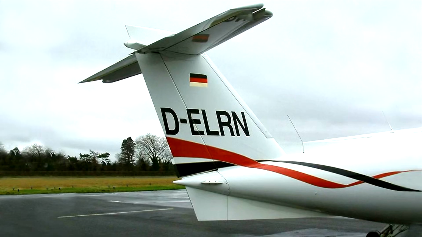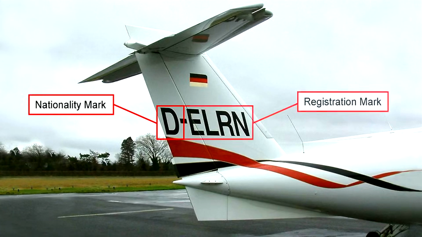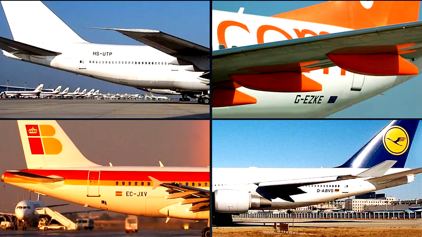It was decided that the nationality and registration marks would consist of a group of characters, with the nationality mark followed by a hyphen if the first character of the registration mark is a letter, then followed by a 3-5 character registration mark. The nationality mark is selected from the series of nationality symbols included in the radio call signs allocated to the state of registry by the International Telecommunications Union. This code is notified to ICAO and may consist of letters, numbers, or both.